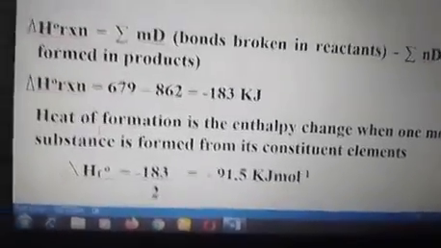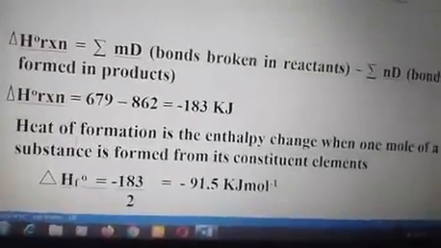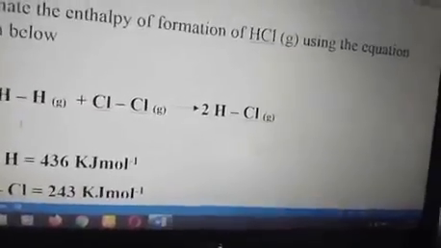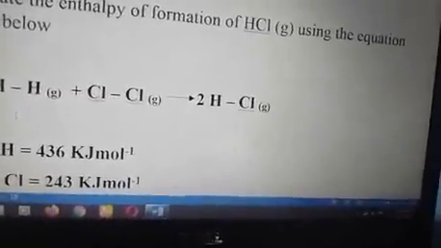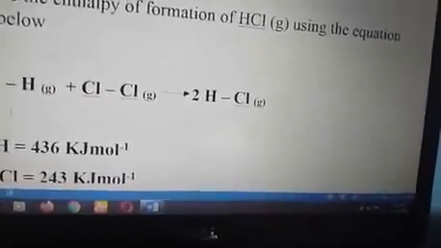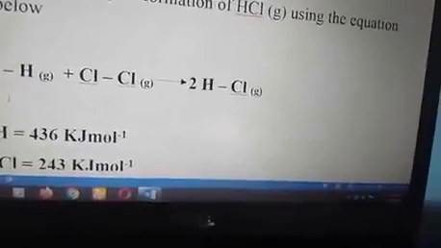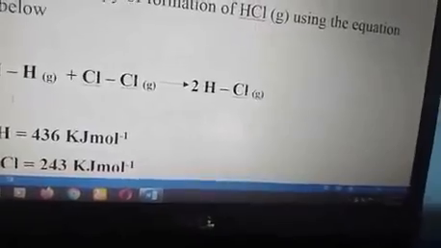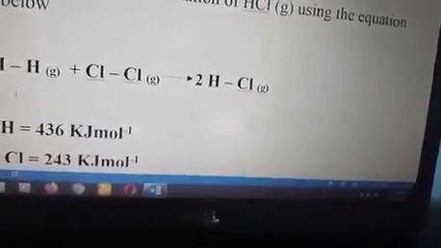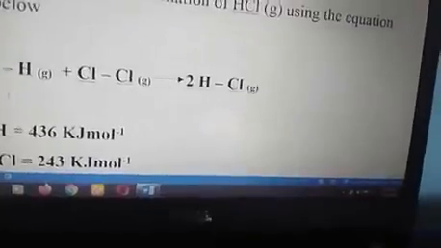You look at the balanced equation. It was 2 moles of HCl that was produced in the balanced equation. Let's go back to the balanced equation: 2 moles of HCl. But we have to find the enthalpy of formation. Enthalpy of formation has to do with the formation of 1 mole of HCl. But since the heat of reaction we calculated was for 2 moles of HCl, while the enthalpy of formation should represent only 1 mole of HCl,